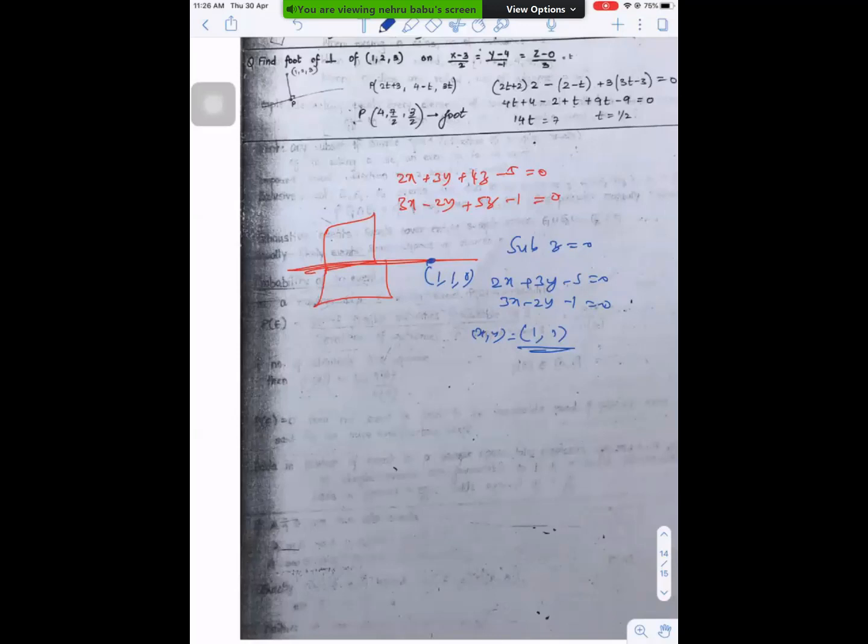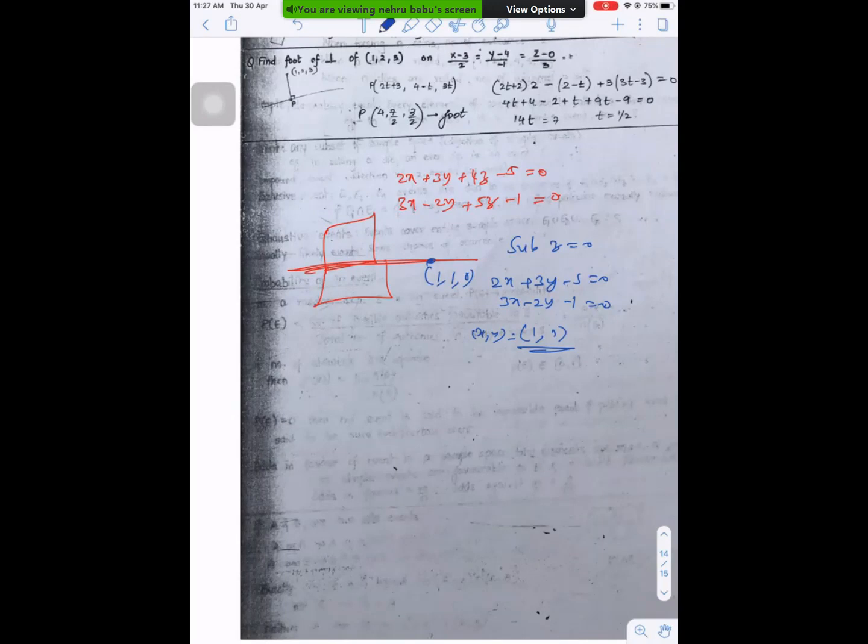If it is an objective exam, you can take anything. But if all options have y coordinate 0 and you take z coordinate 0 and solve, both answers are correct, but it's tough to identify which option matches. What you solved is correct and what the option gave is also correct, but it's tough for us to identify. So based on the options, you choose z is 0 or y is 0 or x is 0. Or if all options give z coordinate 1, you substitute z equal to 1 in the problem.